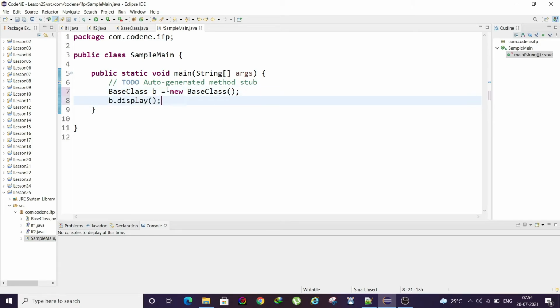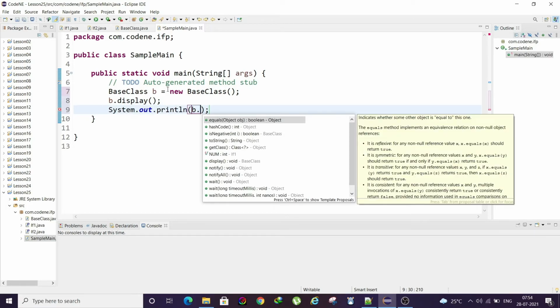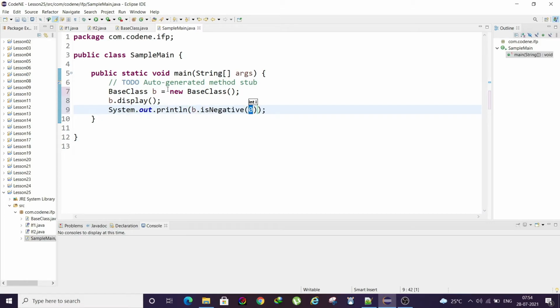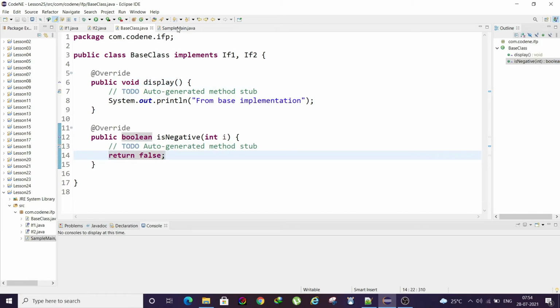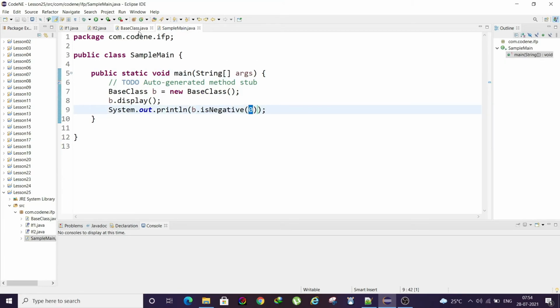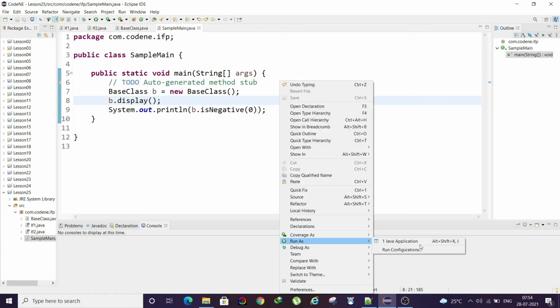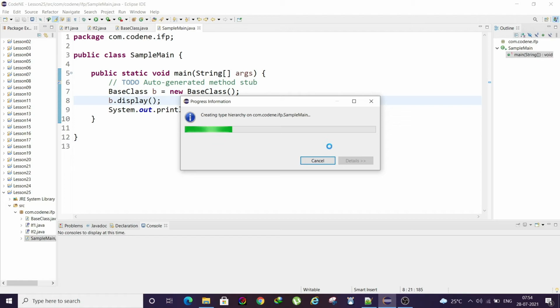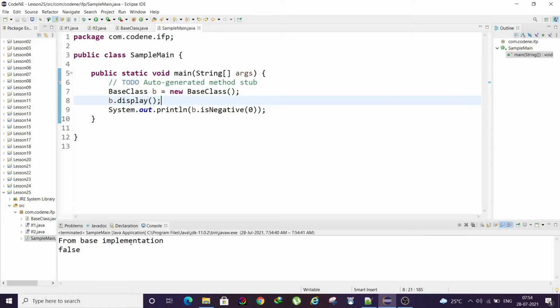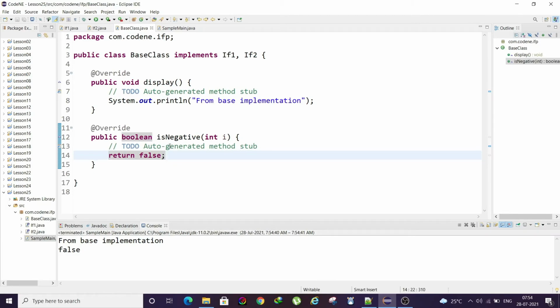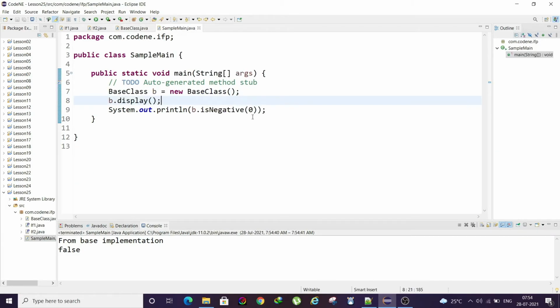And b dot display, and then we'll print something like b dot is negative, okay? So is negative is not having any code, we are simply returning false for now, okay? So when I run this, you see we are getting the output, right, as we expected, from base implementation and false, right?